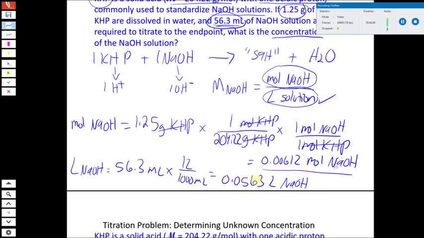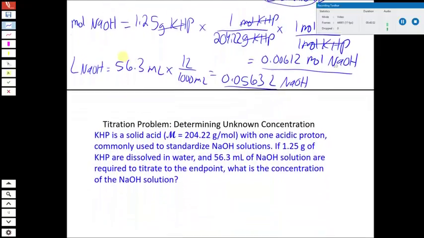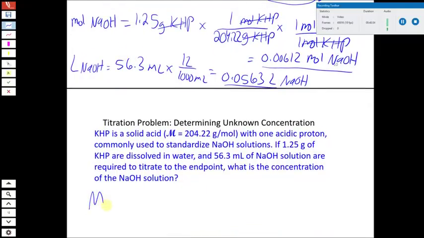All right, so we have moles, we have liters, and now we just need to divide the two to find molarity. So the molarity of our NaOH solution, the last step, is going to be the moles that we calculated from the titration data, 0.00612,